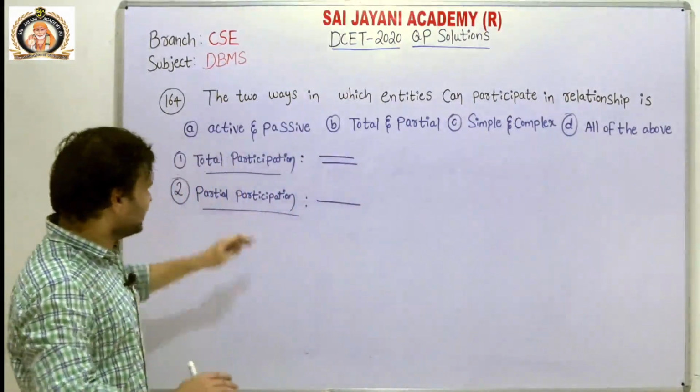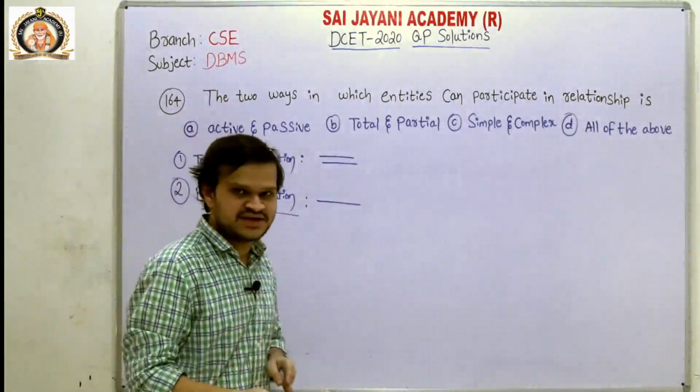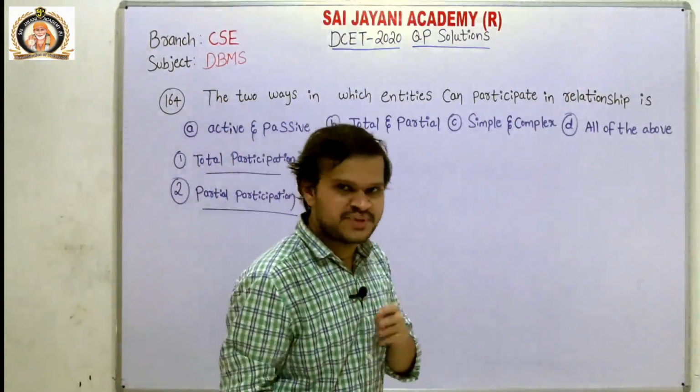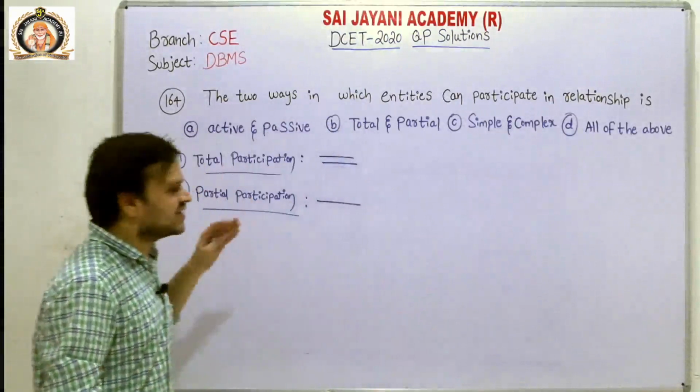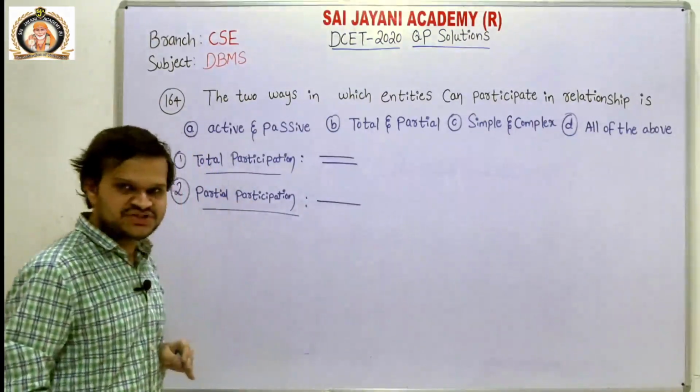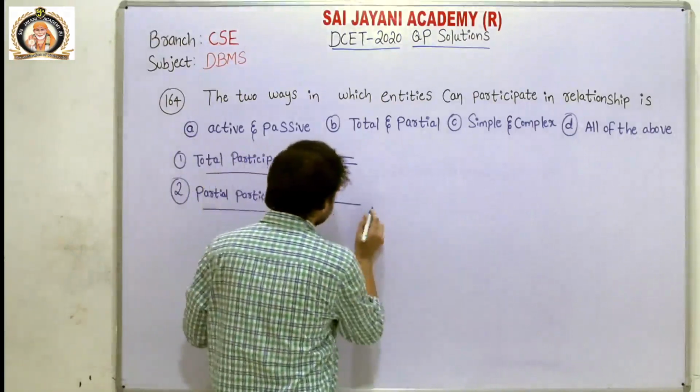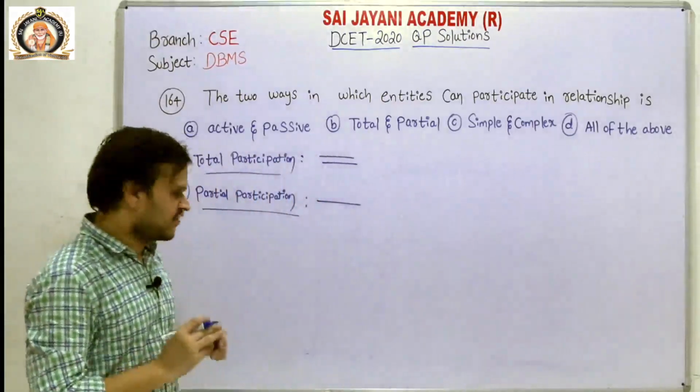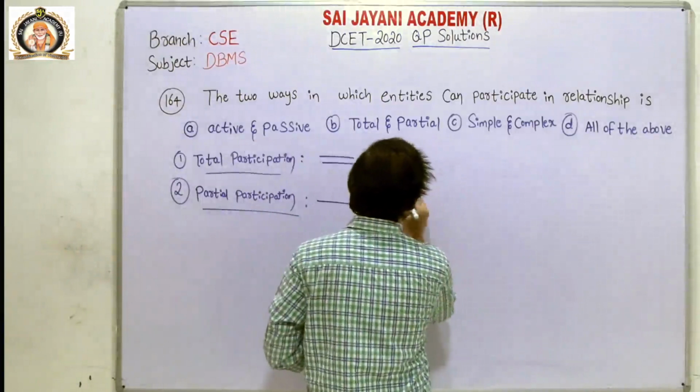Here each entity in entity set may or may not participate in a relationship, and this partial participation is indicated by single line. For example, consider